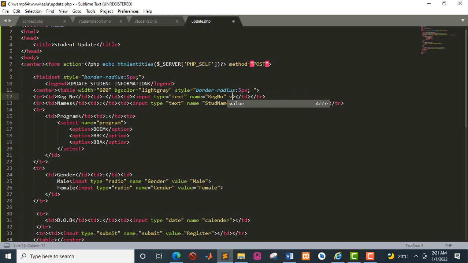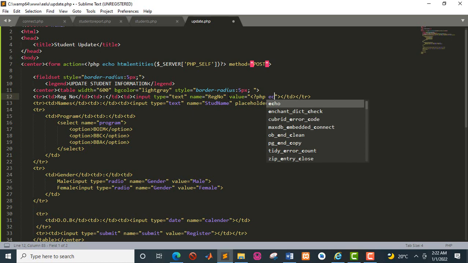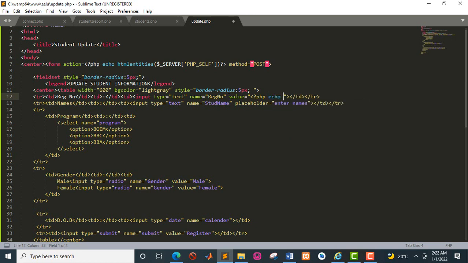So you'll type your value, and which value are we talking about here? We are talking about retrieving the registration number. So you'll put the opening tag, question tag, then PHP, then we echo. So echo is a function that is used in PHP to retrieve records, and